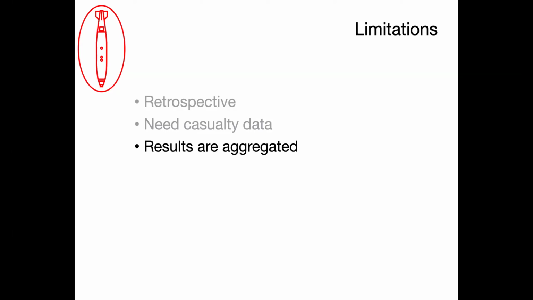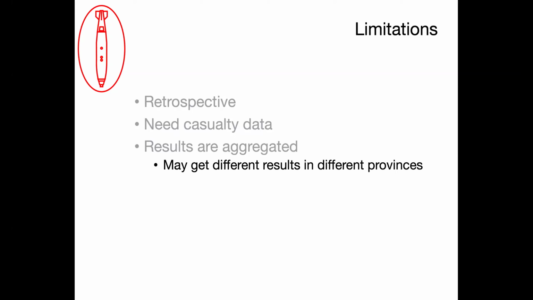Now, the results are aggregated as well. It's another limitation in that in a situation where many actors are giving many types of risk education, this tells us overall whether the risk education program is working or not. It doesn't tell us whether organisation A's risk education is better than organisation B's. So we have to deal with that with triangulation questions in our CAP survey. I can talk about that a bit more in the next slides.